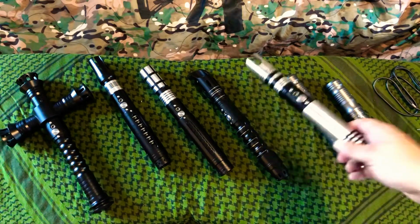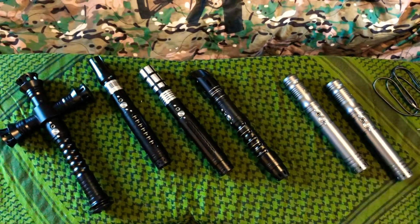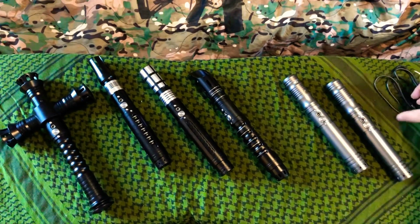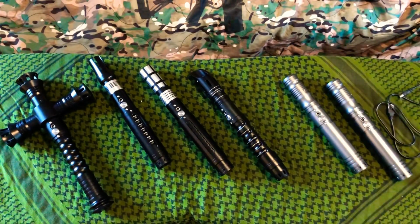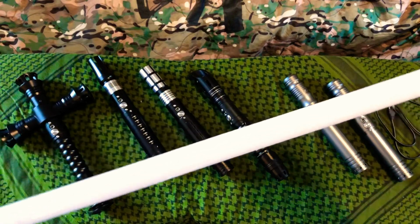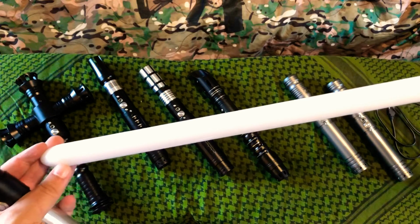Well, first of all, you're going to get a lightsaber hilt, a retention wrench, a charging cable, and a nice polycarbonate blade, suitable for dueling, even moderate to heavy dueling, although it can leave marks if you